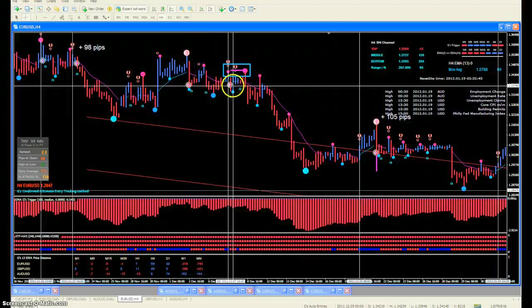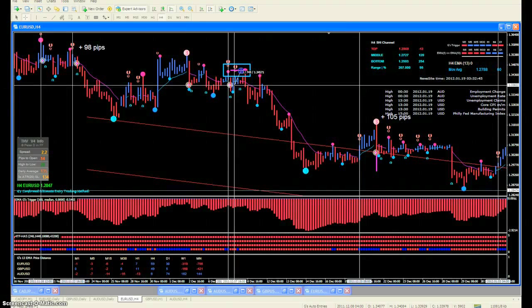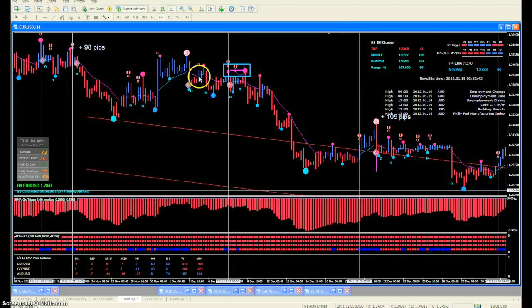This entry here going short, this pink line here was the stop loss level. I didn't identify it over here for whatever reason. I probably just skipped it at the time. But the stop was somewhere up in that area there. The beauty of this method is that